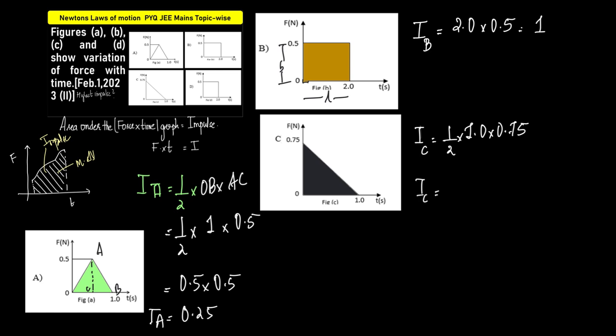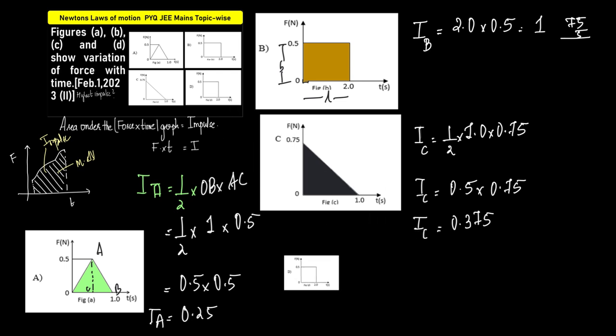So what we get is 0.5 into 0.75, and therefore IC is equal to, so what is 0.5 into 0.75? 0.375, right? So we have 0.375. And now coming to the final one, which is D, when we bring it over here,